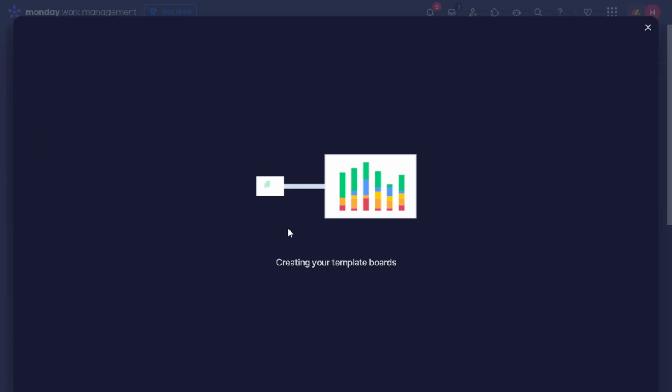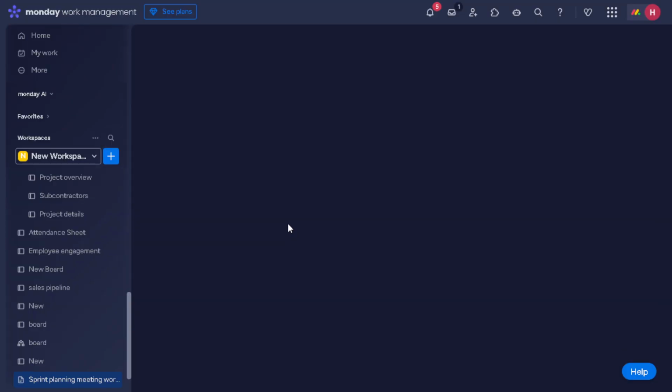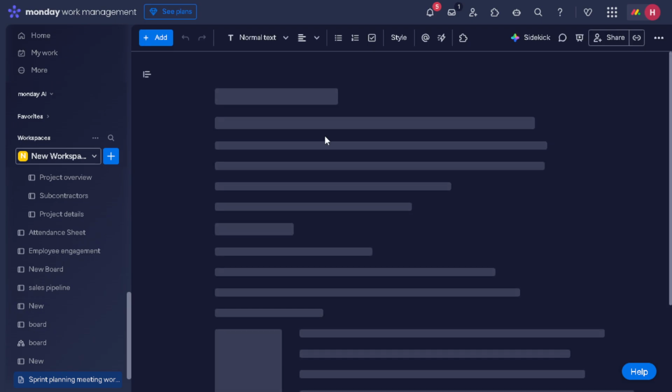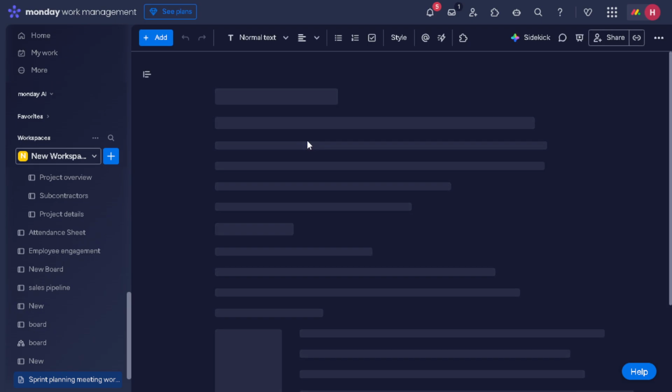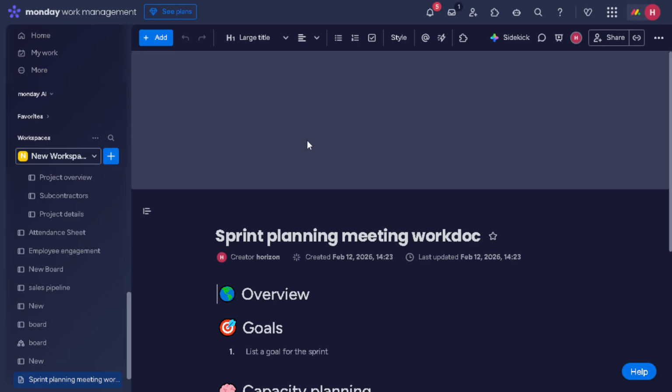Next, let's document the sprint context. This is where we can add important details that will guide the team throughout the sprint. Find the Type a Note field and click into it to add any specific goals, constraints, or key dates that are relevant for the current sprint. This context is essential because it keeps everyone aligned on what the sprint's focus should be, ensuring that no critical